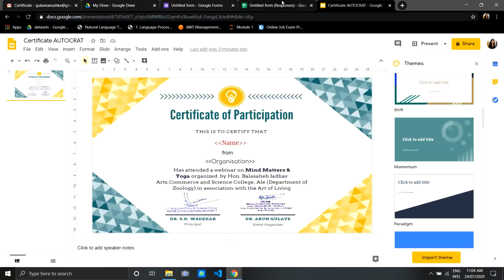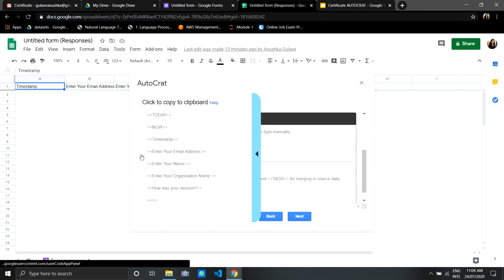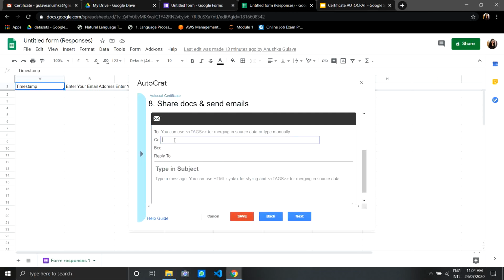So we just have to select that in CC. We are going to do it automatically, so you have to click that arrow, and in the arrow we are going to click on enter your email address, and just Control V, the email address will be pasted there.